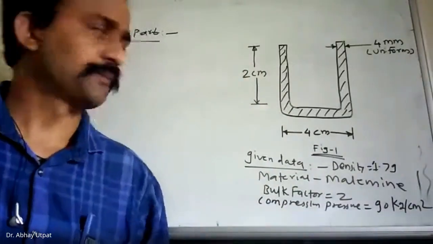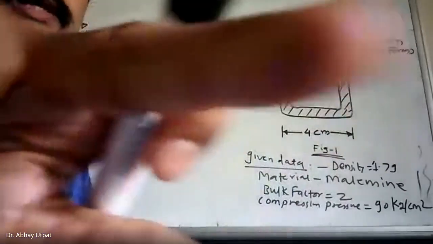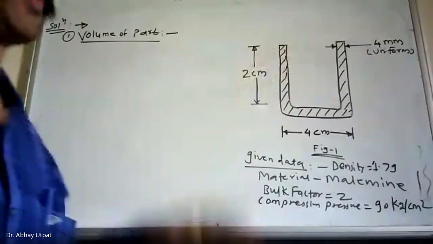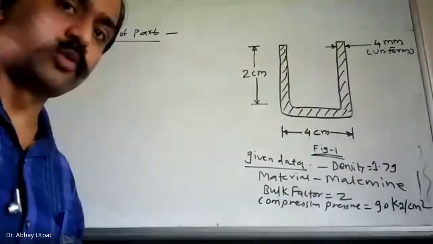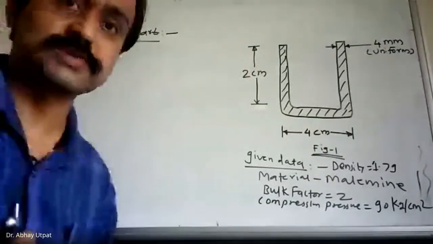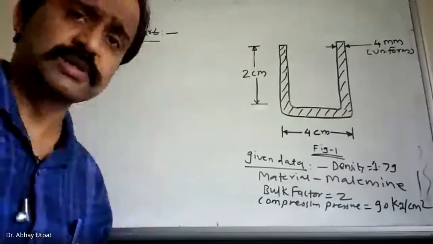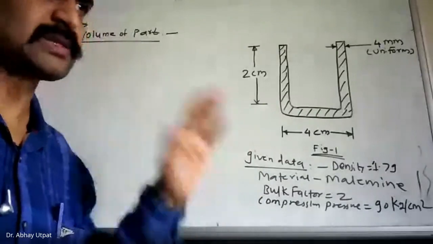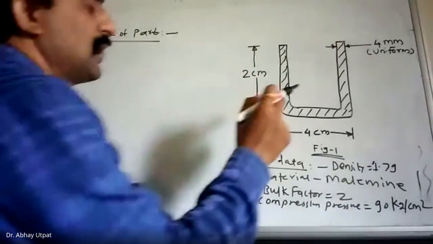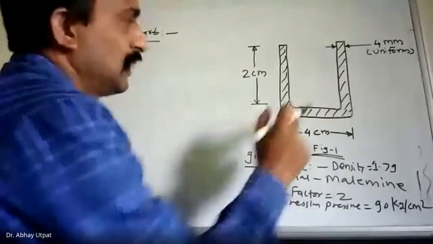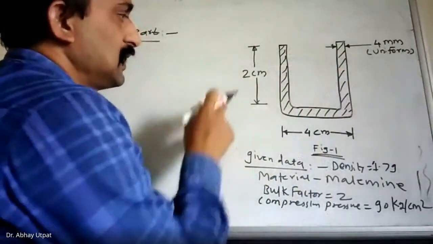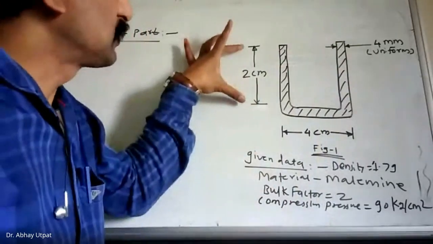No, not given directly, but you can calculate. See, how to calculate this volume of part. Now you also start, you have already appeared for GATE examinations, you have solved such problems of calculation of volumes, or you know it. In the last 7th semester, you might have gone through such formulas. So how will I find the volume? I will consider this as a cylinder. I will divide this into 2 parts. See, 2 centimeter only, this much is given.